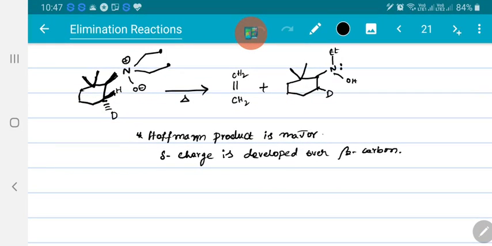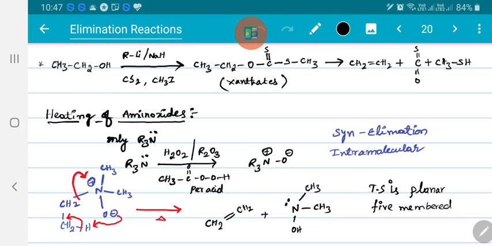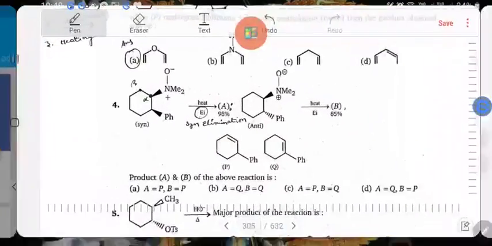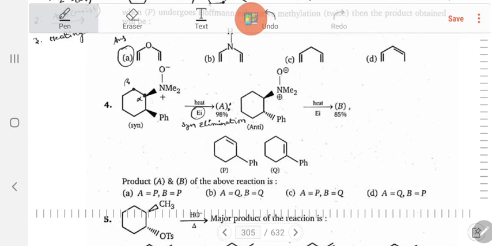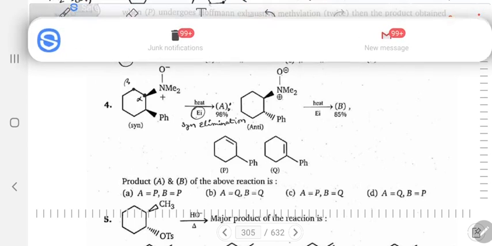So this is the amine oxide, heating of amine oxides, right? So what it will do, oxygen will abstract hydrogen from the beta position. This is alpha, this is beta. So it abstracts hydrogen from the beta position, then the bond will be shifted and this will be shifted back. So as such, tertiary amine oxide is gone out, forming an alkene. So in the same way, here also, this oxygen tries to abstract hydrogen from the beta position. So that beta hydrogen must be on the same side.